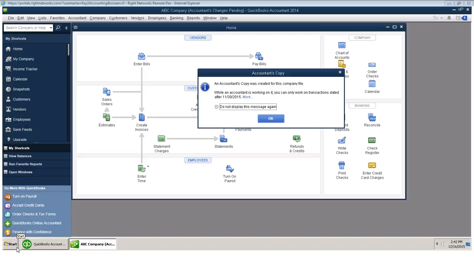Hi everyone, this is Mariah with Key to Accounting, and I'm going to go over how to incorporate the changes that we made to an accounting file after you've sent us an accountant's review file, typically for year-end or month-end accounting procedures. So when you go to open up your company file after you've sent us the accountant's copy, essentially